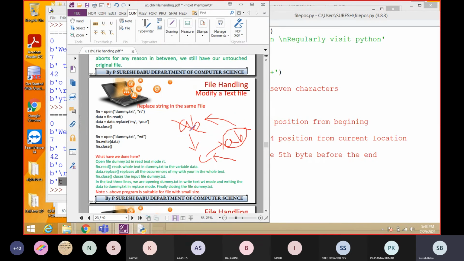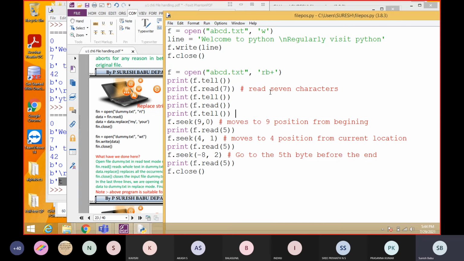Definitely, you have to use a temporary file, that is another file. You copy everything and do the modification here. Why? While modifying there may be a chance of losing the data, losing the file. If you do it in the original file, your original data is also lost. That is why we create a temporary file and do all the process. After successfully finishing, you can delete the original file and rename this file to the original file name. That is the thing we are going to do now. So see this one, I'm going to execute with an example.